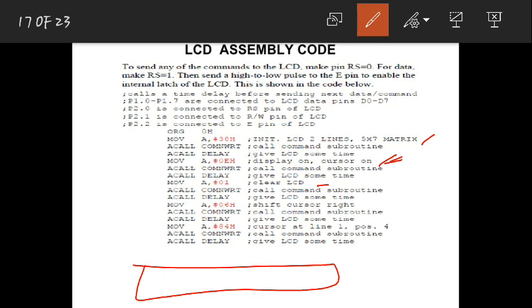After that, here he has taken shift cursor right. Next he has taken cursor at line 1, position 4. That means he has taken 1, 2, 3, 4. In between he is writing NO, so it will be there in position 4. In your question, they will not mention where you should write or how to write. They'll ask you to write only some interfacing program of LCD. If they mention exactly where to write, then you need to write those commands on your own. In this program, he has done all these steps, and all these are nothing but commands.